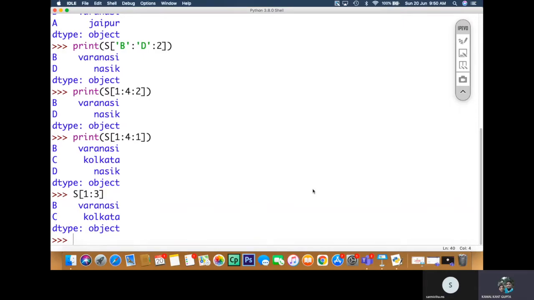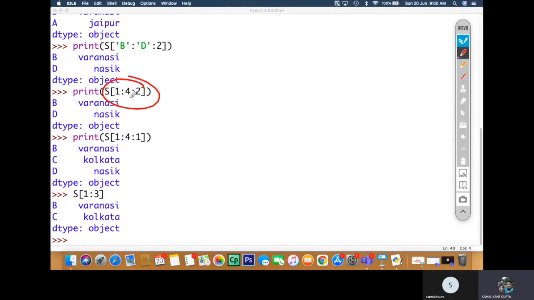So similarly in this case, 1 colon 4 means what? The jump will start from 1. It will move up to 3, 4 minus 1, that is 3.